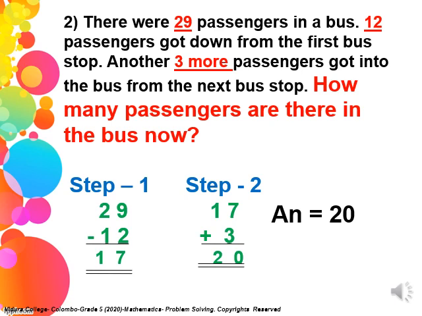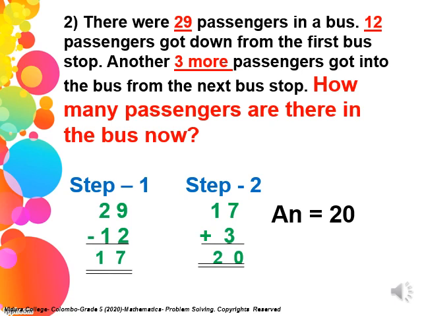So kids, this question is quite different from the other questions. Here you have 3 numbers in this question. So you need to involve all these 3 numbers to get the correct approach to your sum. And here you have 2 important words where you can find out the mathematical operations that you have to use in this sum. The first important word is got down. And then you have the word got into.